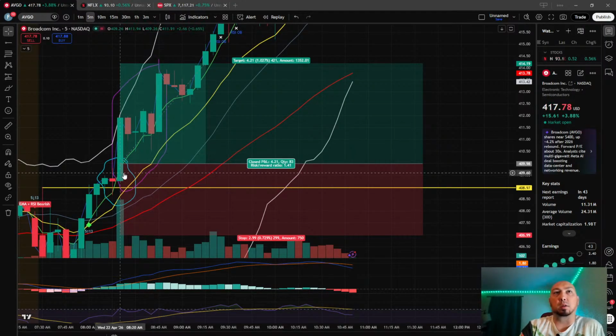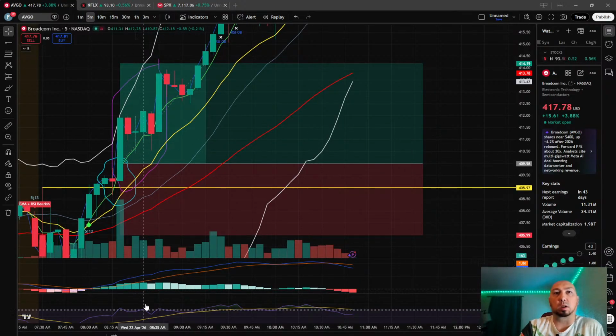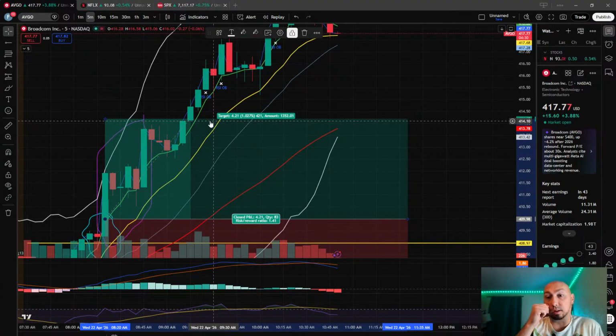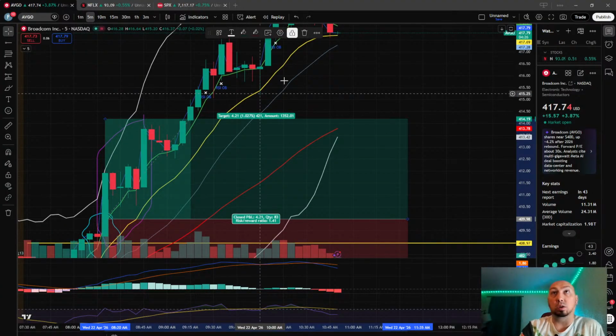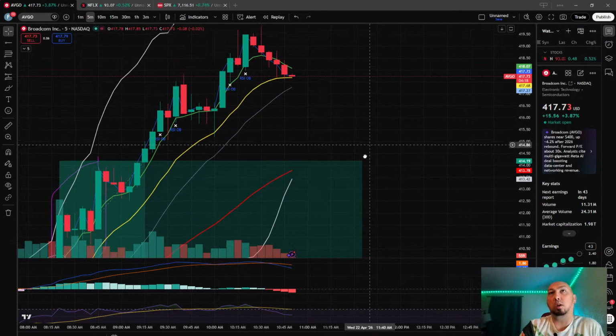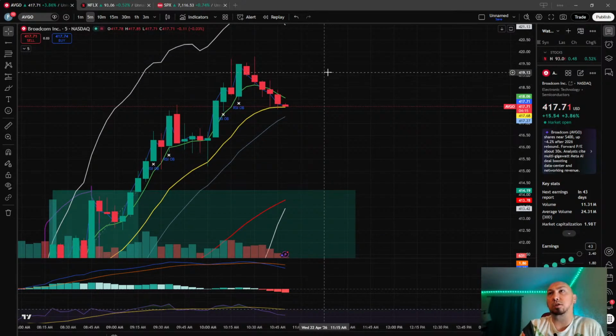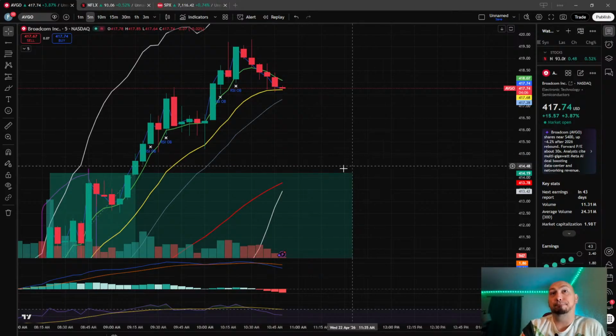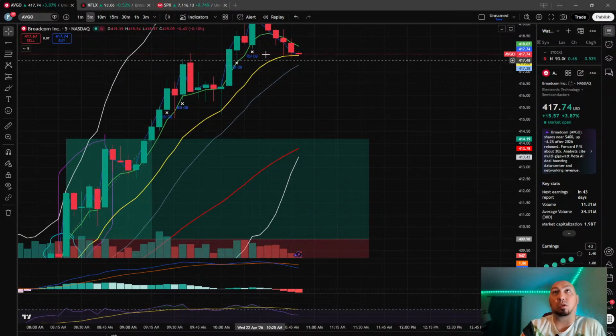Now you would have lost some premiums here. You have gone up, and you would have lost premiums, lost profit, hoping for this reversal. But all the EMAs would have still helped you show we're going to be okay, and it rose again. Now that's just the top of the green box here. That's just the long. If you had held all the way through, or even added another call somewhere in here to like 3 calls, right? That goes from 414 to, let's just average this middle here, 419. So you would have had a pretty significant move all the way up.